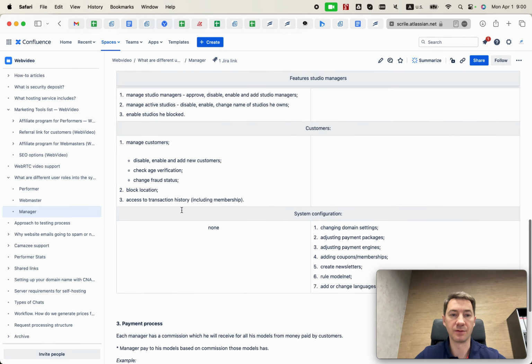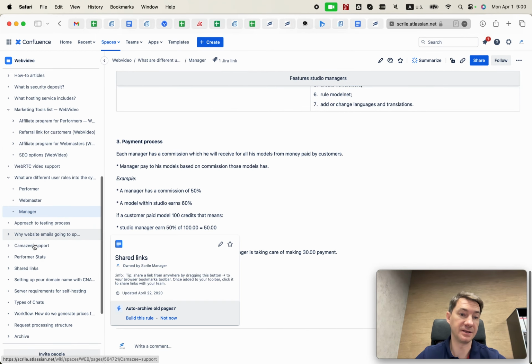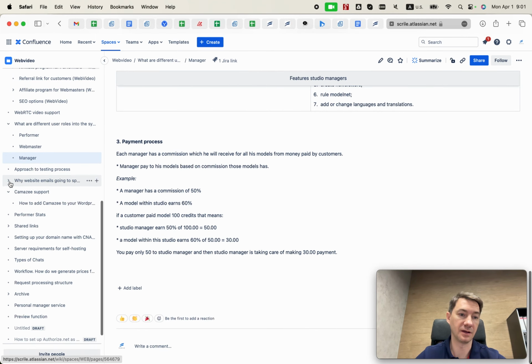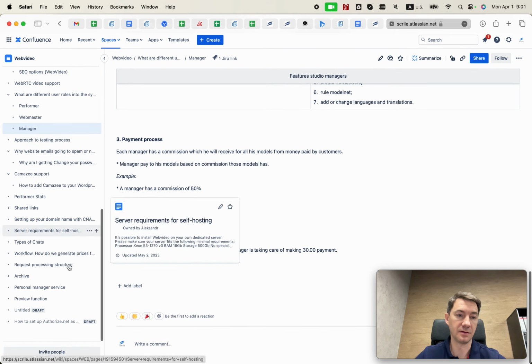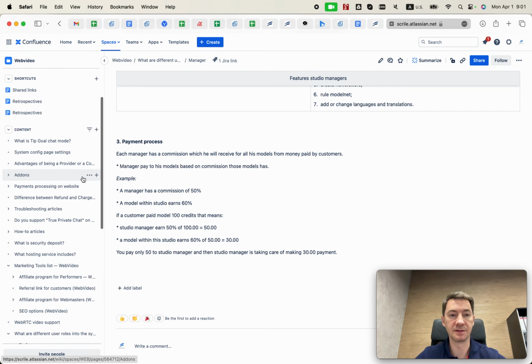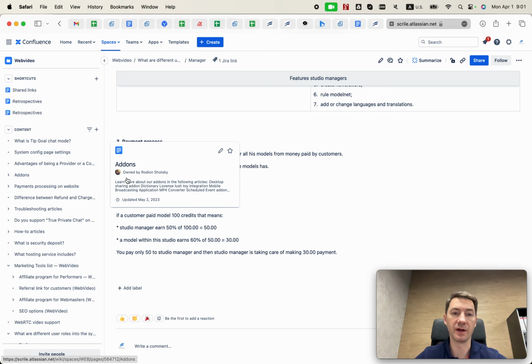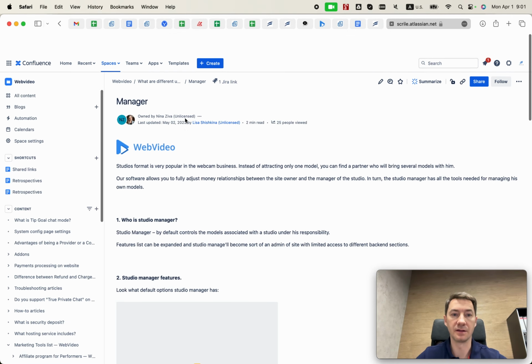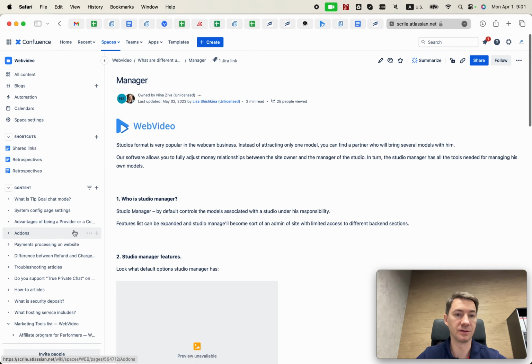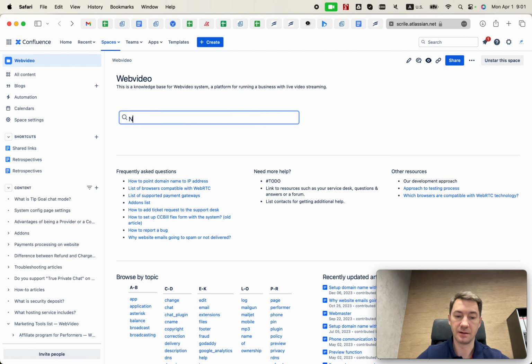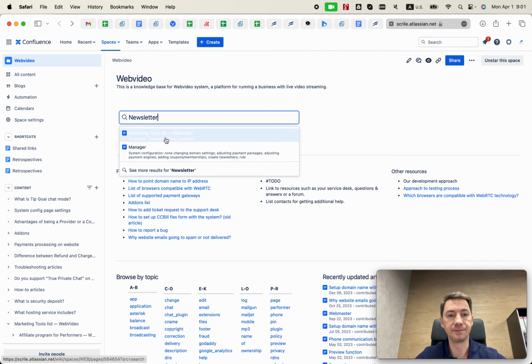Here is explanation about manager. So here is a plenty of information, and it can be listed. It's a tree about multiple articles, and with the search function on top of it. Yeah, and if I go to the first link,